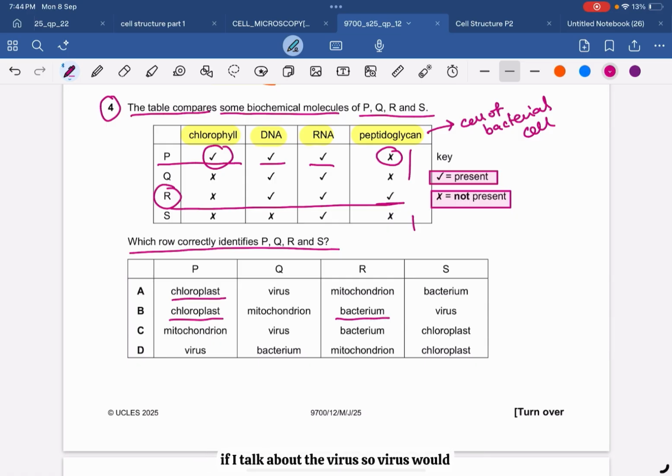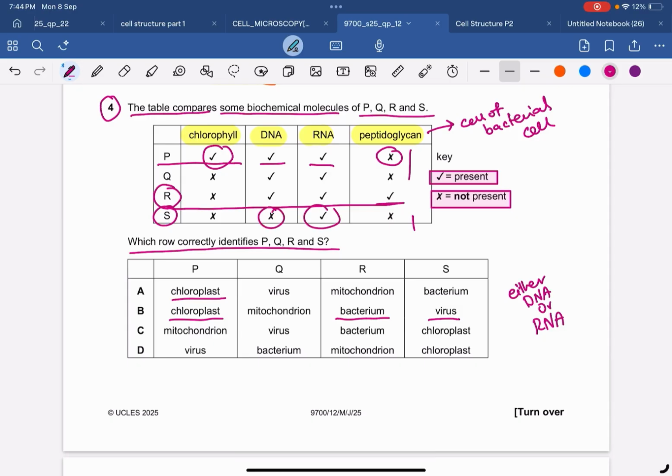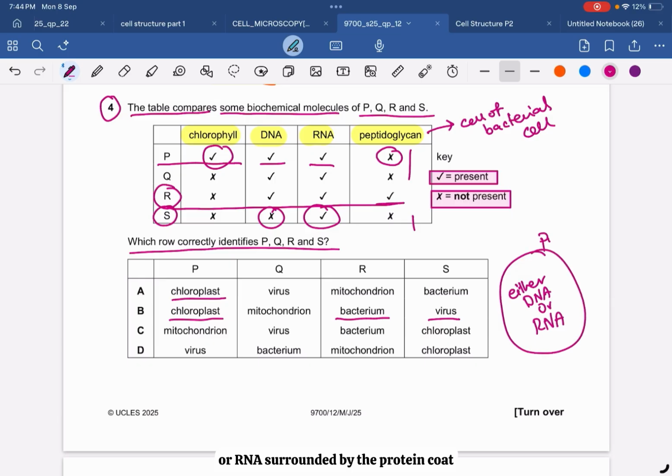Now if I talk about the virus, the virus would be S most probably. Why? Because viruses have a very simple structure. They contain either DNA or RNA, they do not contain both. If you see in S, RNA is ticked and the DNA is crossed, and chlorophyll is also crossed and the peptidoglycan is also crossed, right? So they contain the DNA or RNA surrounded by the protein coat,